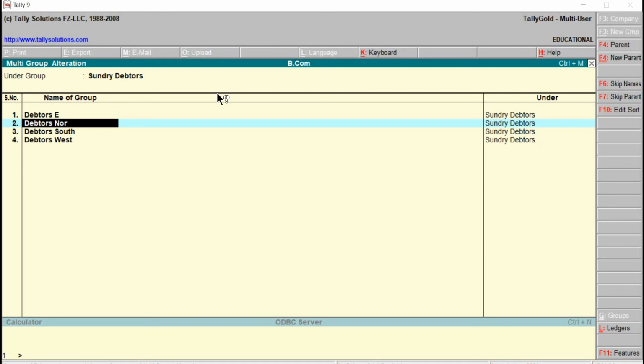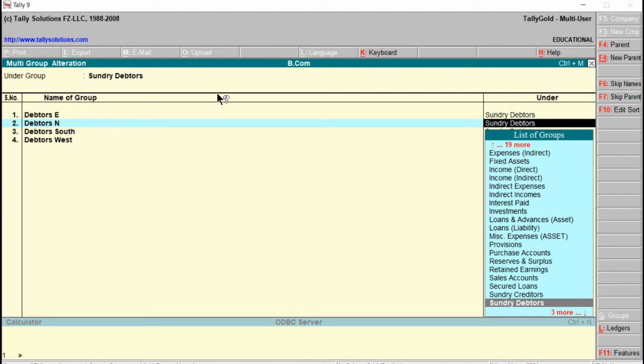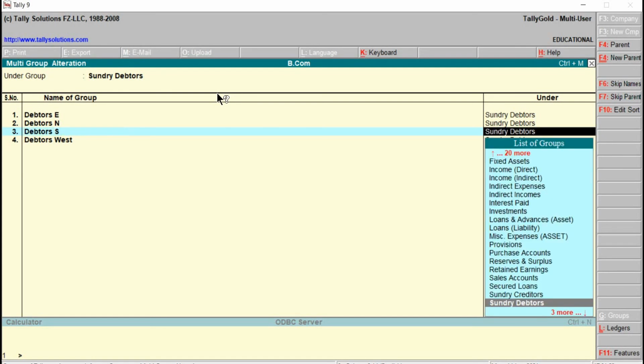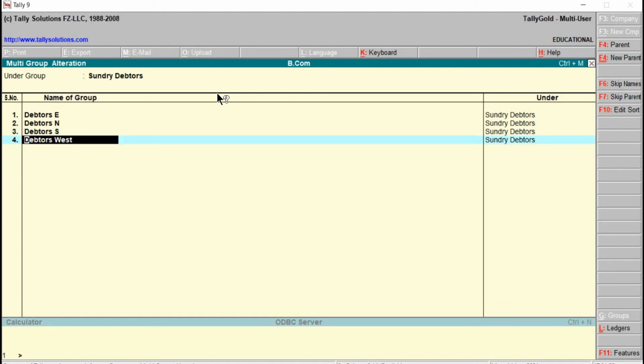Okay, instead of north we will make it debtors N. The next one is for south. Correct, here instead of south we will make it S. Then in the same way for the west, only W is kept, right?